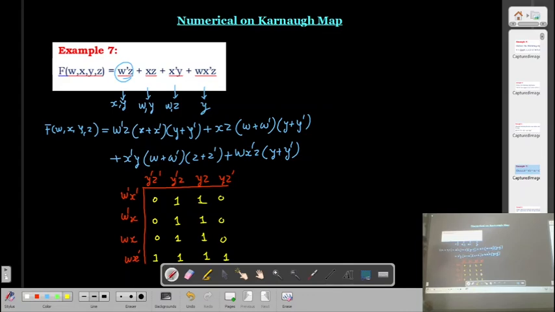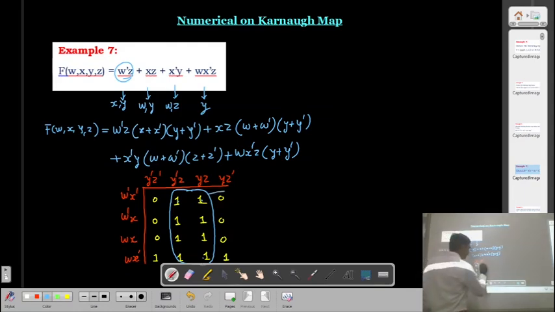Correct? So now what we are finding is, is there any octet or not? What is an octet? A group of 8 high levels. And here you can easily see that these are four high levels, these are four high levels, and they are making an octet. So our work will be very easy. So almost all high levels are covered in the octet.